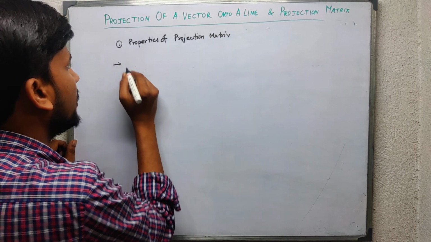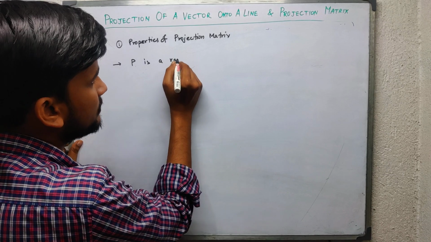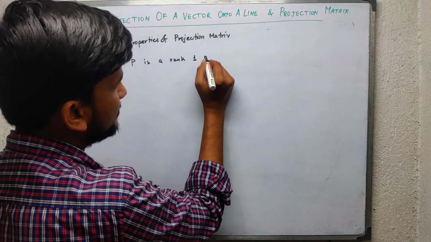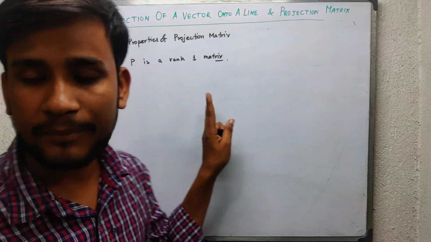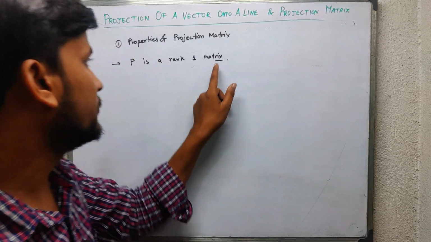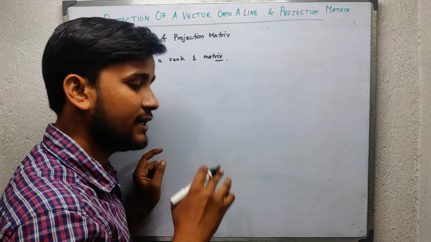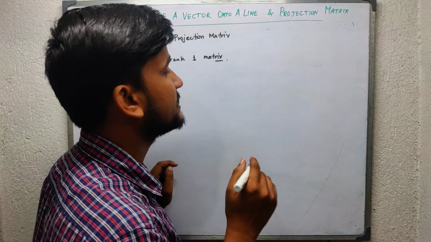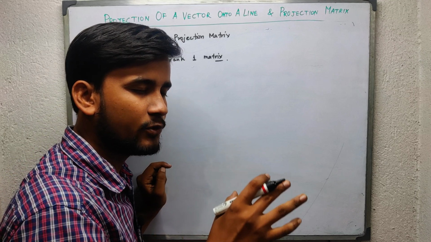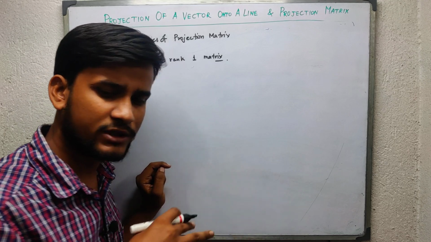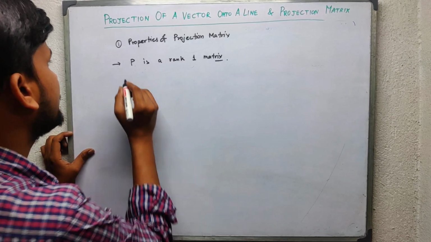Okay, number 1, this P, capital P, is a rank 1 matrix. Okay, that is always the rank of the projection matrix should be 1. Okay, from this statement you can definitely, or in the CSIR NET exam recently you see the questions where a matrix is given, then you have to check whether this is a projection matrix or not. These types of questions are asked in the paper. Okay, and this is a symmetric matrix,